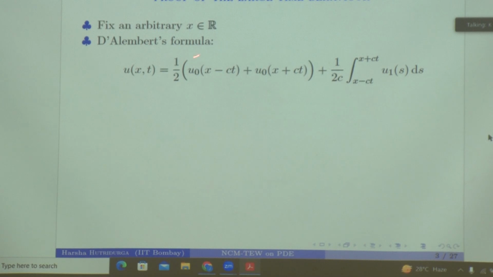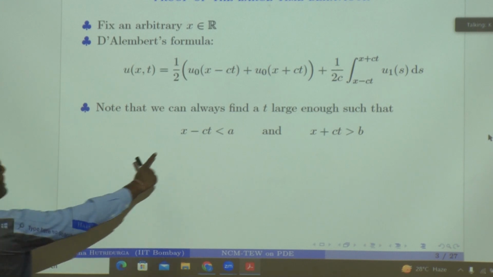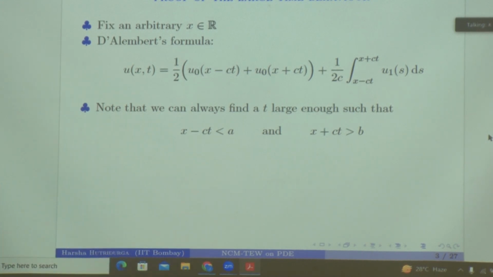So it's the average of u0 at these two points, x minus ct and x plus ct, and the integral of u1 on the interval x minus ct to x plus ct. Now, we have fixed that point x, so we have only got to play with the variable t. The claim is this: because I have fixed the point x, I can pick a t large enough such that these two quantities, x minus ct, will go to the left of